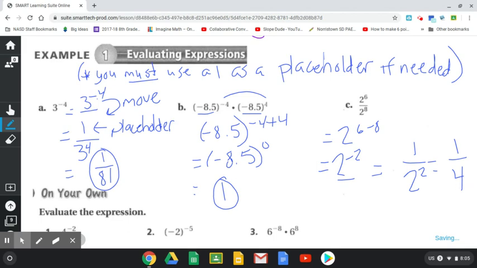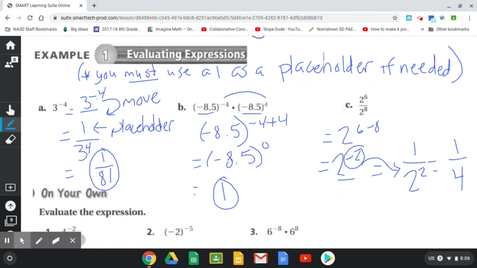So when I went from 2 to the negative 2, I used my placeholder 1 here. And this negative 2 became a positive 2. So now we don't have a negative exponent. Our goal here is not to have a negative as an exponent. Okay, so we just have to flip it around. So if you're comfortable,